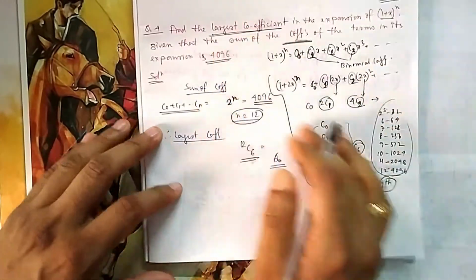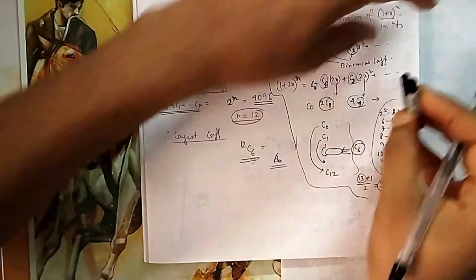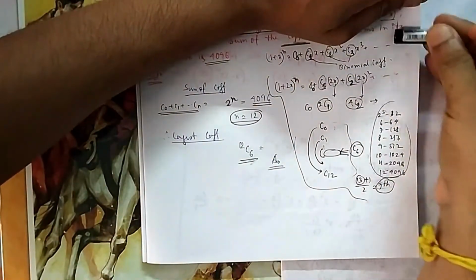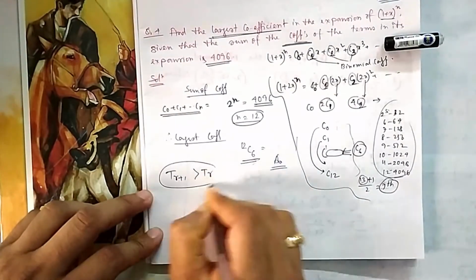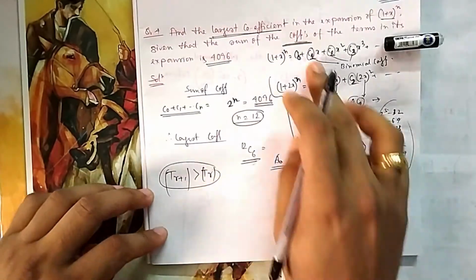But in the case of the largest coefficient, I told you that I will show you the method for getting the numerically largest coefficient. I always told you to prefer this one, because it is very general, you can apply it anywhere. Here also you can apply it, then there is no need to think about all this.